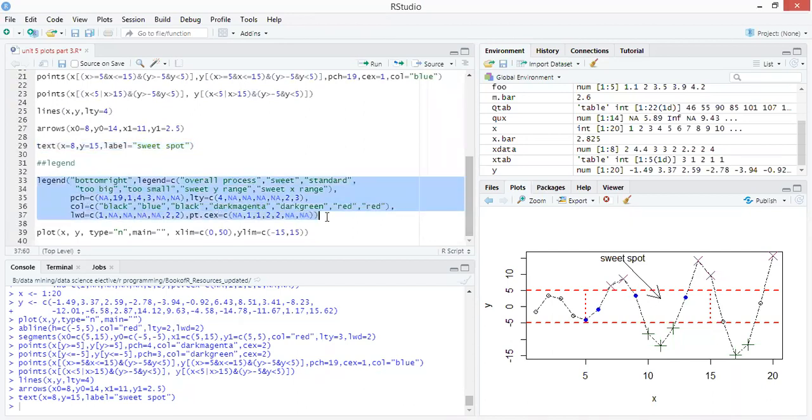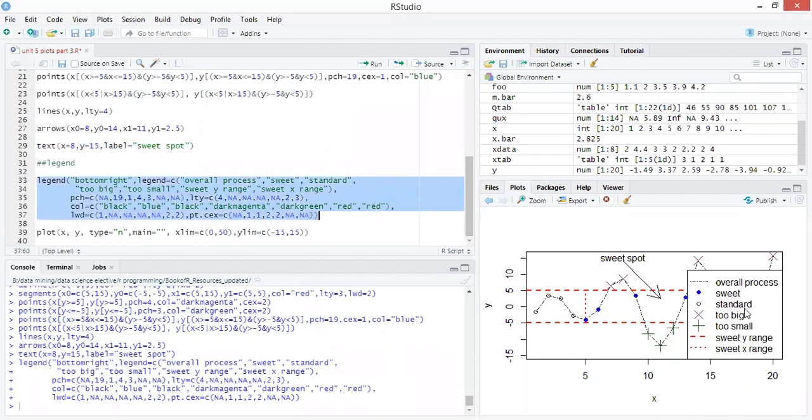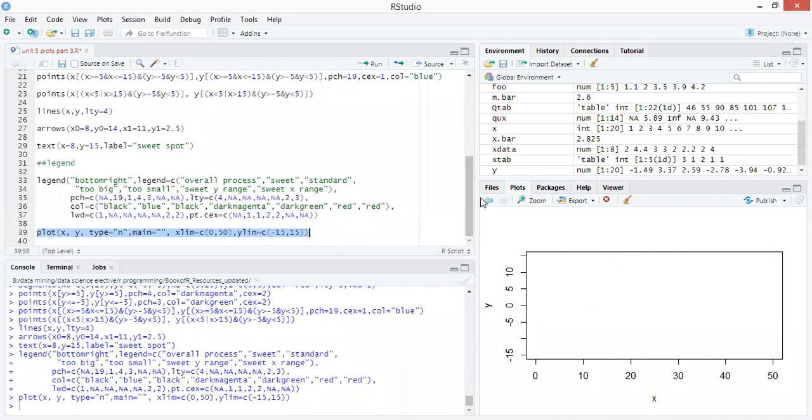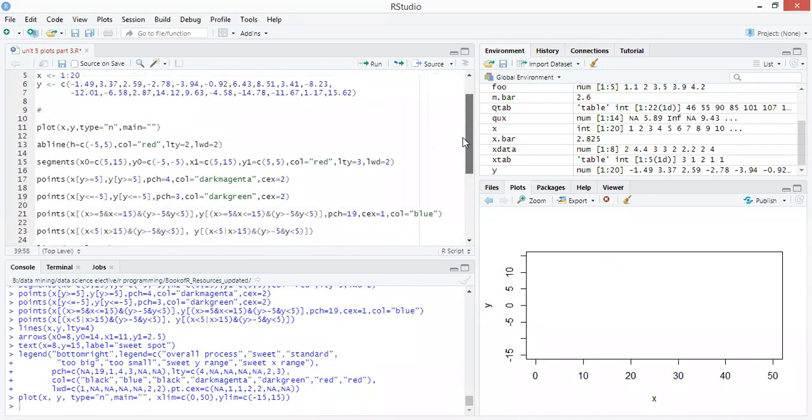And last we have the legends. So this is the legend. As you can see, the legend overlaps your plot. So for that purpose, you can extend the x limit and y limit. Initially I have extended the limit of x from 0 to 50. If we just run it, we get a blank plot here.